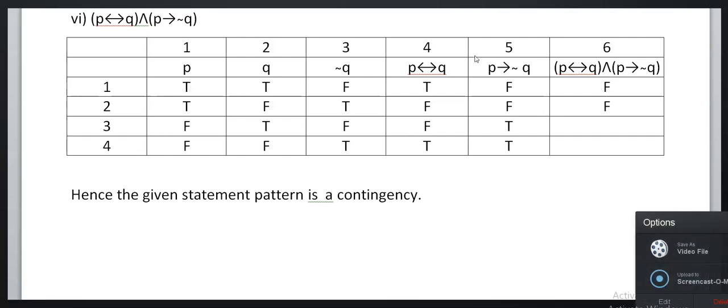That is the fifth. P implies negation of Q. First is T implies F is F, T implies T